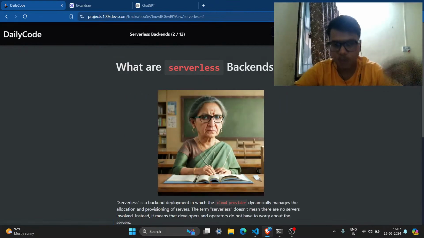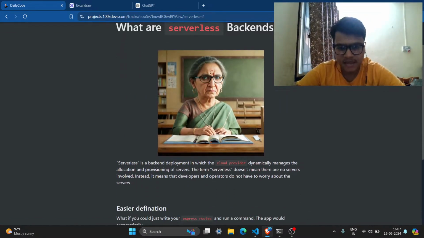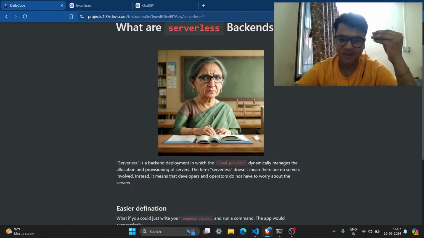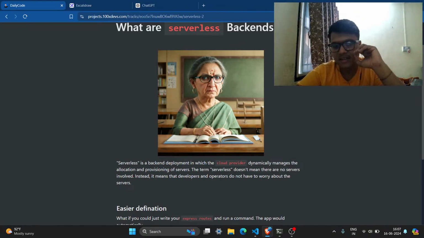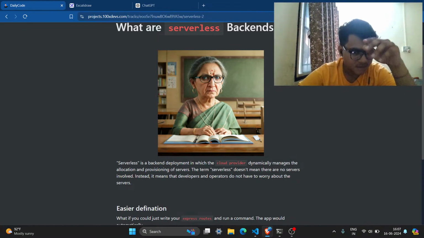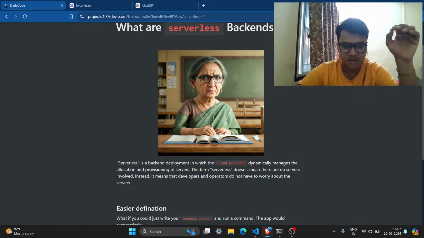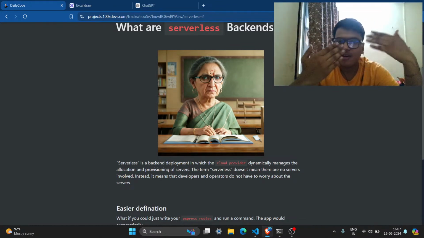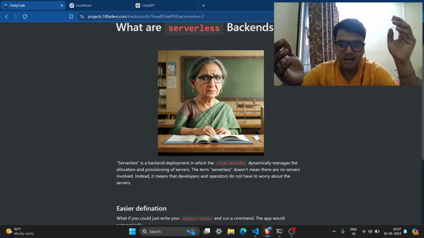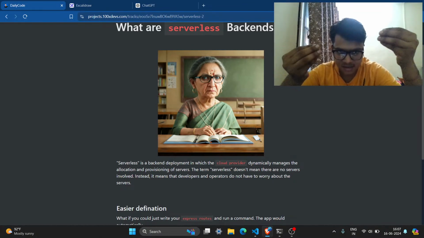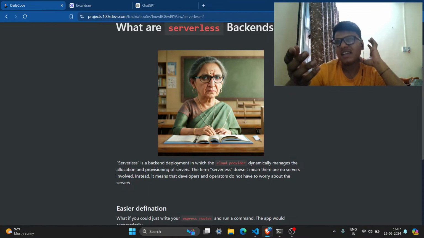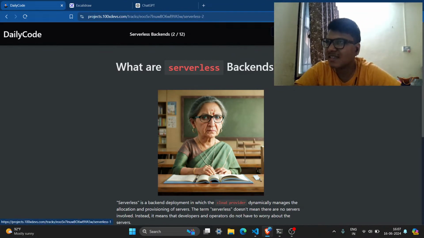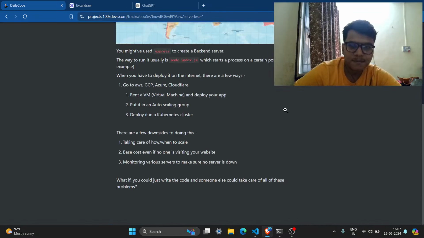So now let's go. What are serverless patterns? Serverless patterns are deployments where the cloud provider dynamically manages the allocation and provisioning of servers. The term serverless doesn't mean that there are no servers involved. Instead, it means that developers and operators do not have to worry about the servers. You write code and give it to a serverless pattern, and it will auto scale, and it manages the problems which were arising when